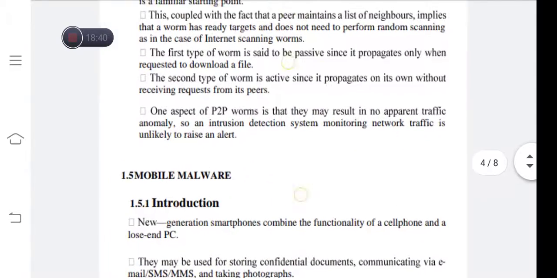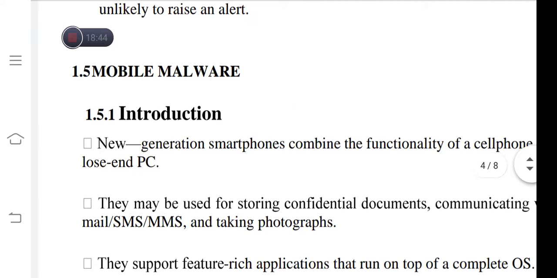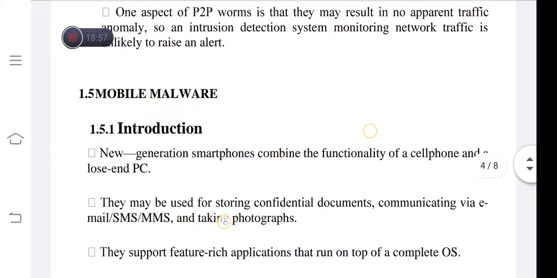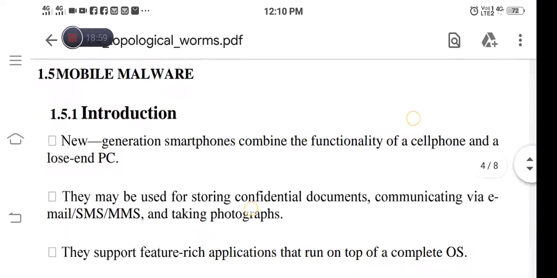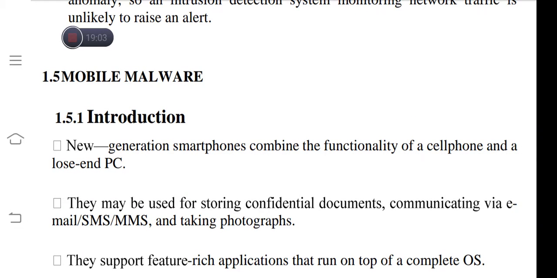Now let us see mobile malware, that is, how an attacker can play a role in smartphones, and how to improve the authentication. Mobile malware occurs because we have various functionalities available in the smartphone.